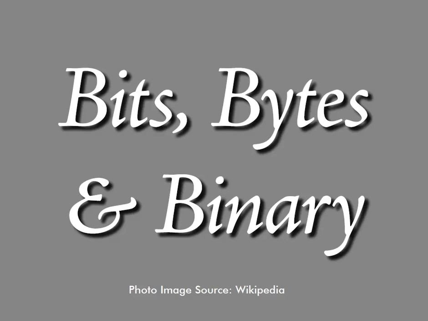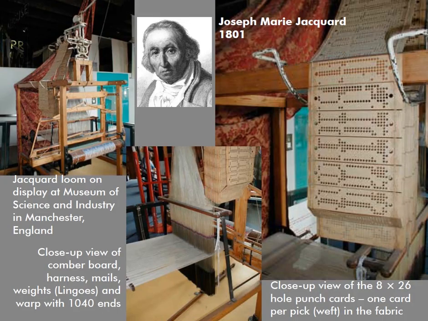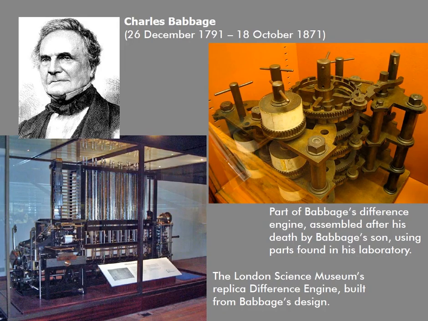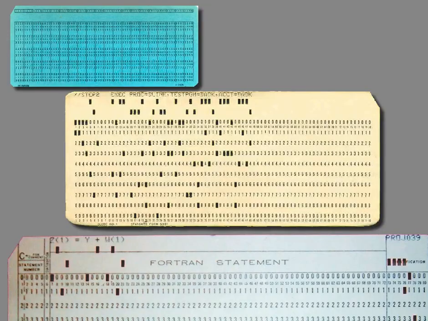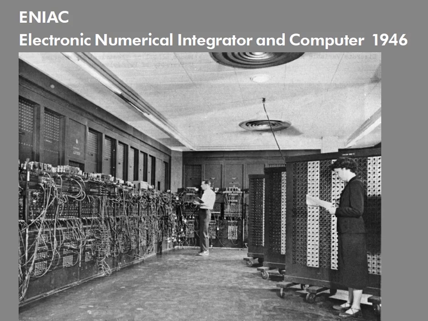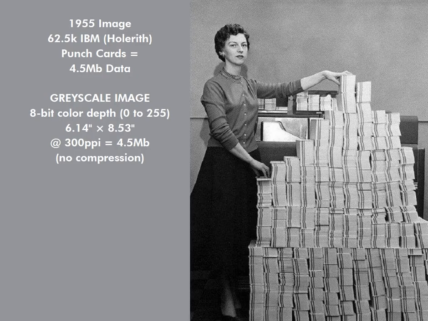What did we cover this week? Well, we discussed bits, bytes, and binary, how we went from Jacquard's punched cards controlling weaving patterns to Babbage's difference engine, Herman Hollerith's census data punch cards, which became IBM or Hollerith cards, the first electronic numerical integrator and computer, and we discussed that punch cards occupy a lot of space, but became binary code as magnetic data or on-off